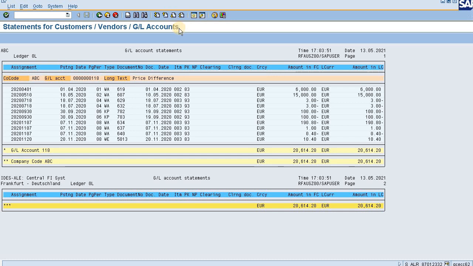Here see the difference between FAGL_B03, FAGLL03 and this one. Here SAP has not offered us any layout. We cannot add any other fields even if we wish to. However, in those reports the additional fields can be added or excluded depending upon your wish.